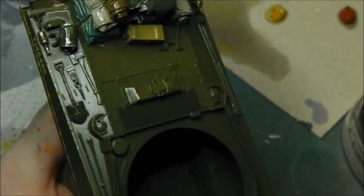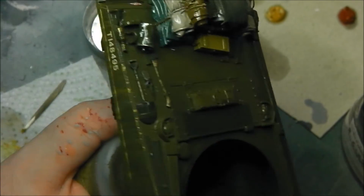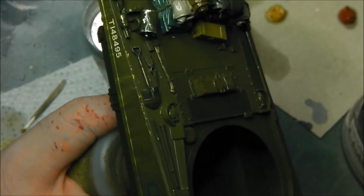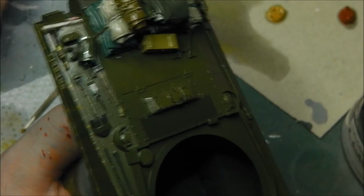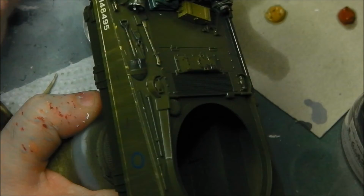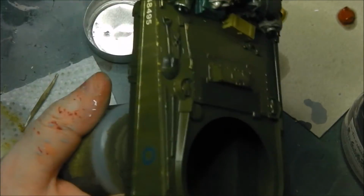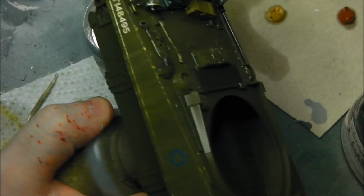Once again, that's fine. We can come back once the oils have taken a little bit more and clean that away with a brush moistened in the thinners that we've been using. Now be careful not to overwork it, so you can leave this alone for a few minutes and reactivate it once again with